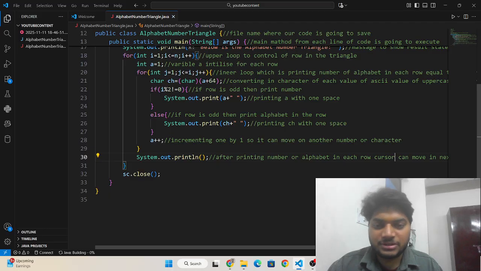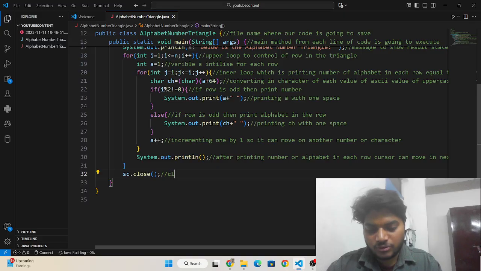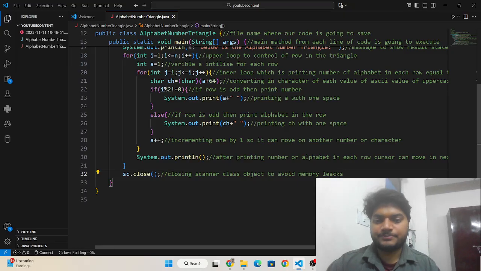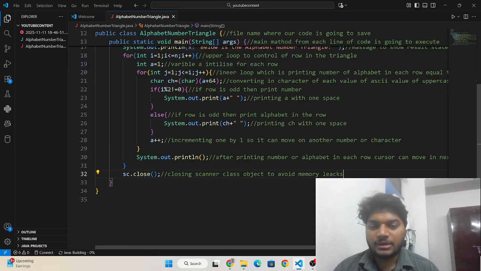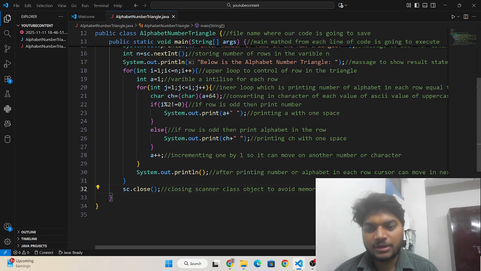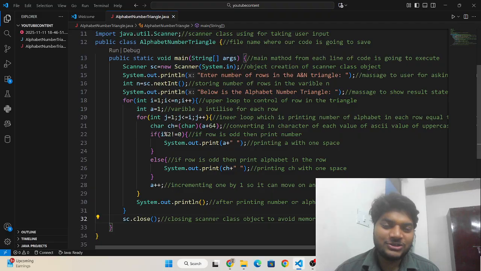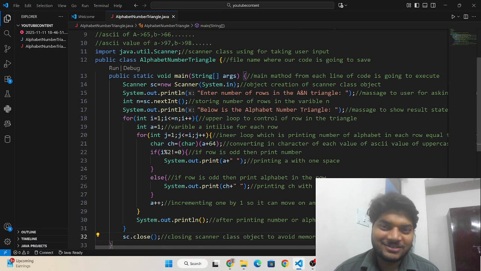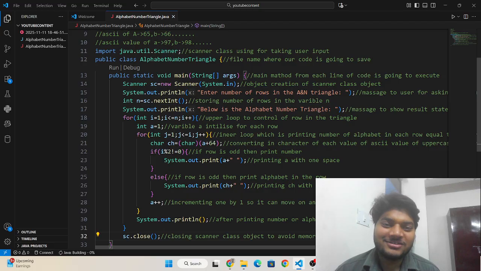That's why I have written this line, and then we are closing the Scanner class object to avoid memory leaks. Okay, that's why I have written these things. Okay, and now I hope you have understood the logic, the code, the comments, and execution also.